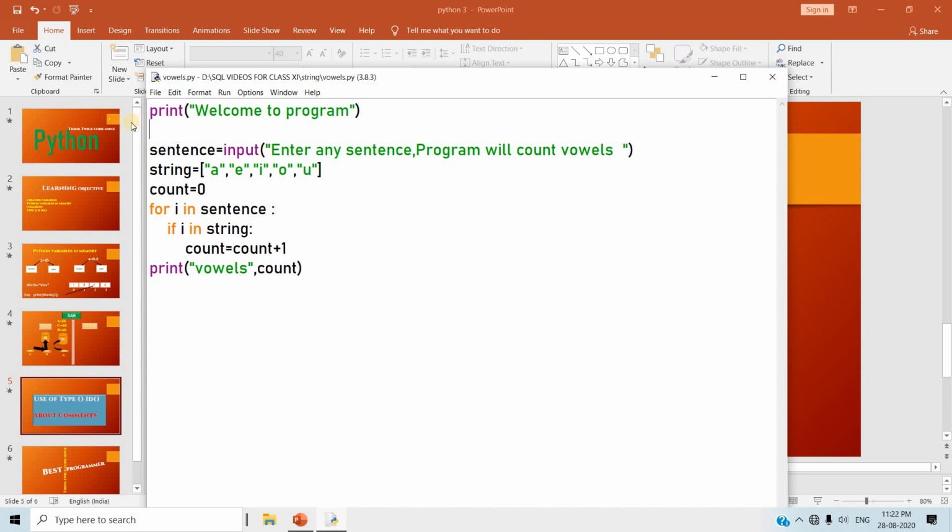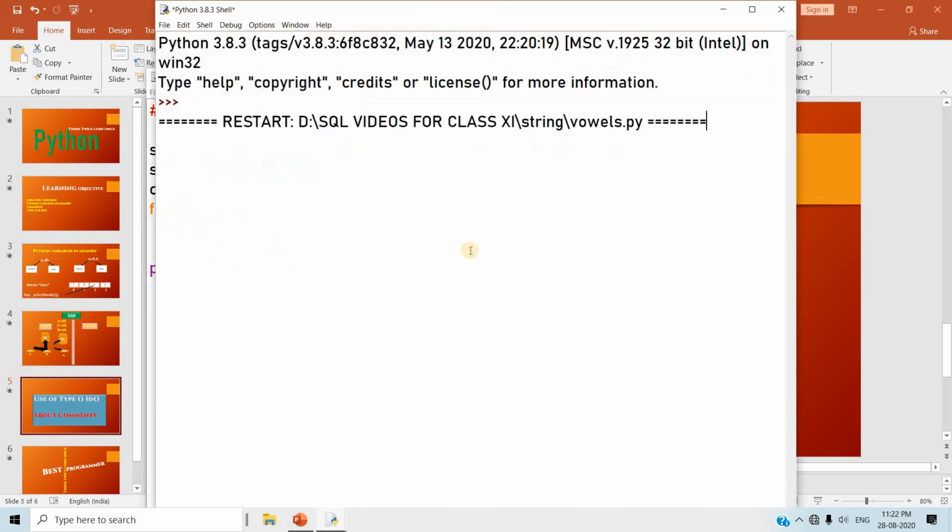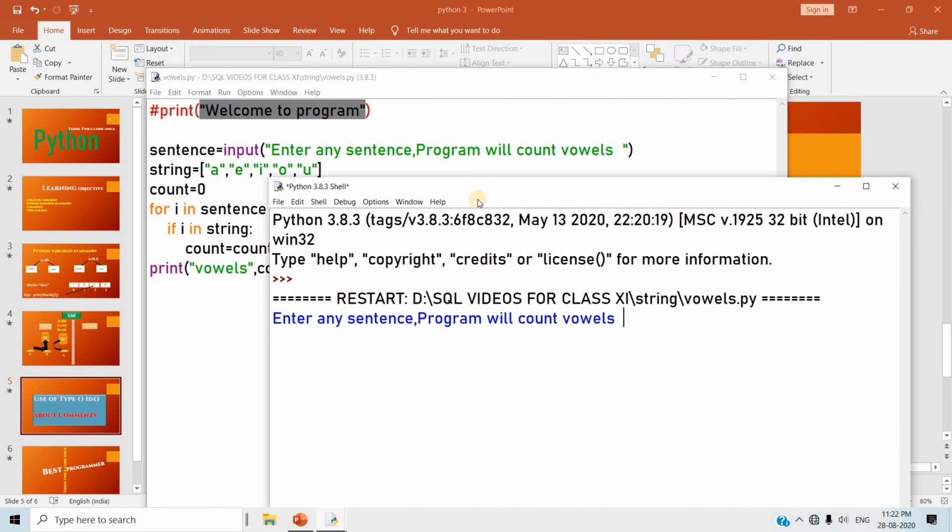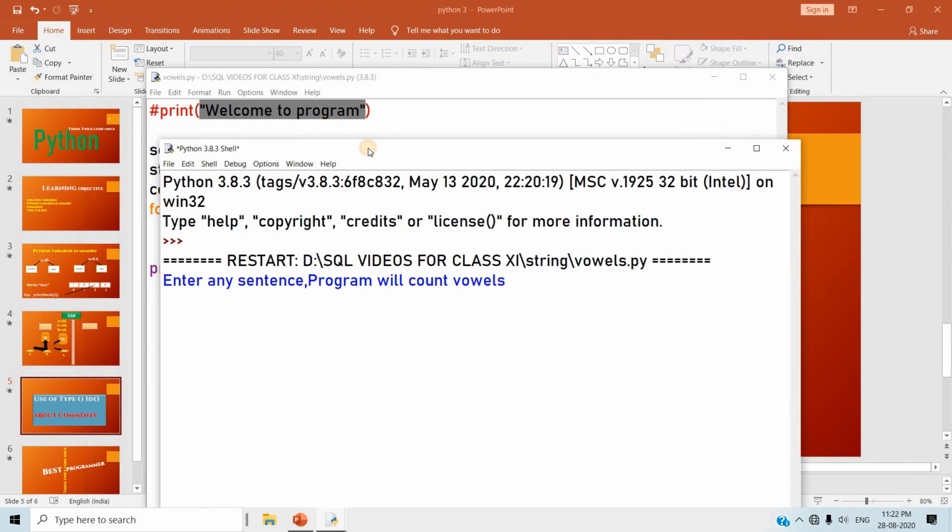This is just like a heading. If I want this line not to be executed, then what will I do? I will use a hash. Now when I run this program, you will see this line is not displayed. See, it is not there. The first line is not executed. So this is called a single line comment.